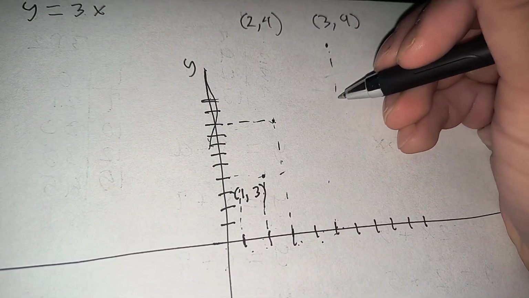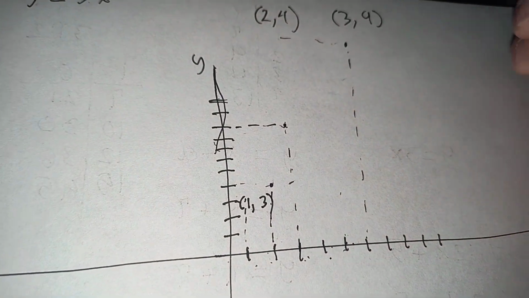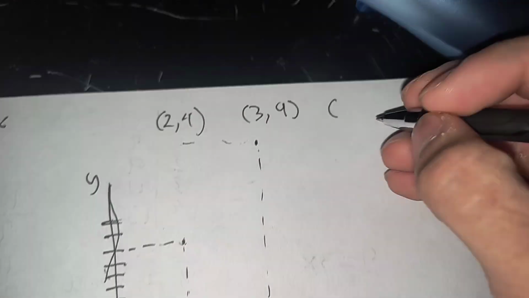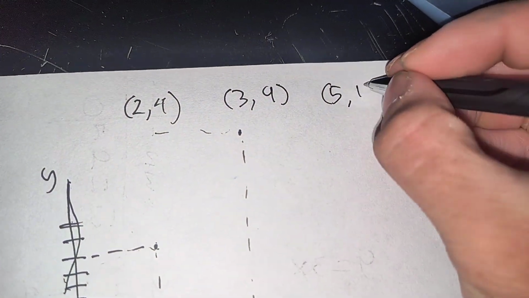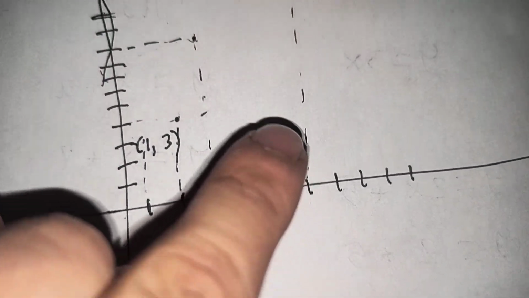This goes all the way across to 5, and this goes up to 15. So this is where 15 would be, and we write that as this. The input would be 5, and the output would be 15. This is the coordinate (5, 15). All right,